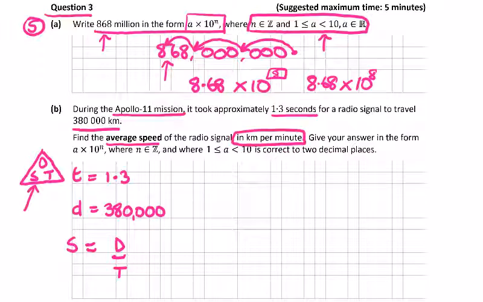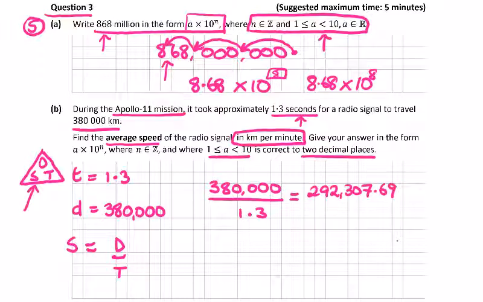So the key to this question is units. We have seconds, so we want minutes. And again, it's just write this in scientific notation, correct it to 2 dp. So 380,000 is distance divided by time will give us, if we divide this by 1.3 seconds, that will give us how many kilometers it will go in 1 second. Let's see what that is. So this is what it would be in 1 second approximately, just rounded off to 2 decimals, 292,307.69 kilometers. That's 1 second. Multiply this by 60 and I'm gonna get